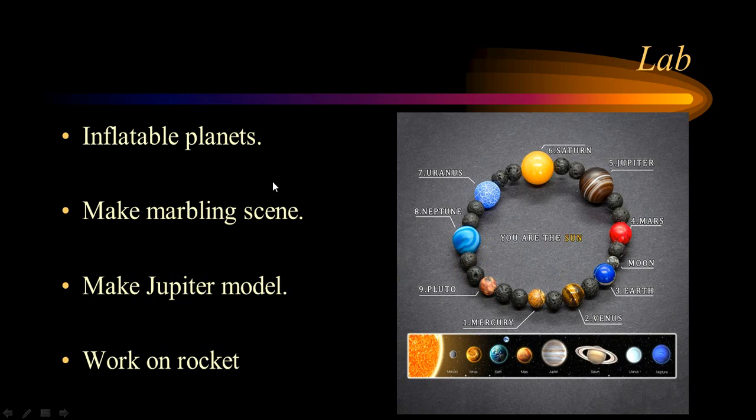And then there was this little art kit that I have called a marbling kit, and you can put these paints in, floating on top of water, and then you put a piece of paper down and bring it up, and you end up with this really cool swirling picture like the surface of Jupiter. Our Jupiter model would have been just a giant punch balloon. We would have blown one of those up and drawn a red circle on it as the Great Red Spot, and then some swirls and lines around it, you know, that kind of thing. It would have really depended on how much time we had at the end of class to do any of these. We could have done some as demonstrations, and then of course we wanted to finish up that rocket.